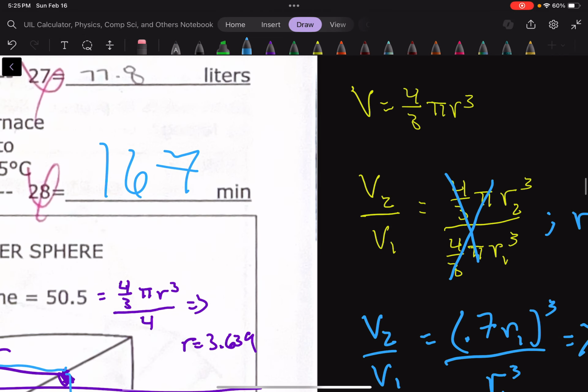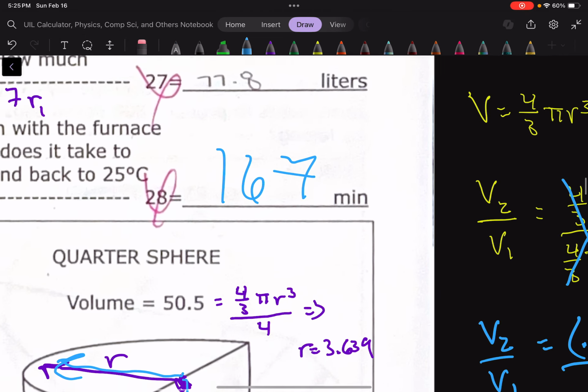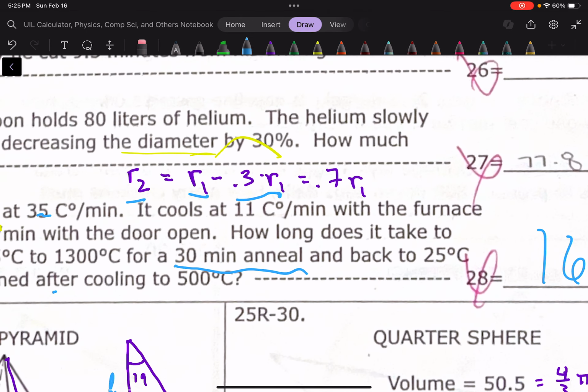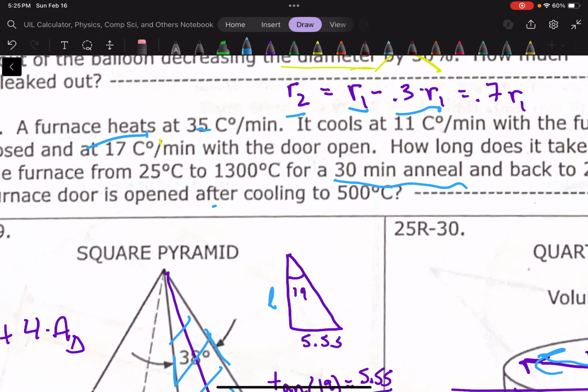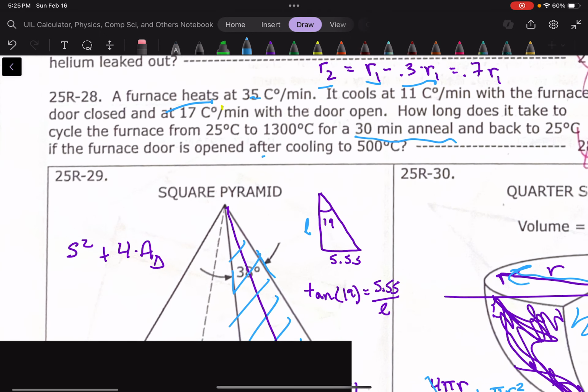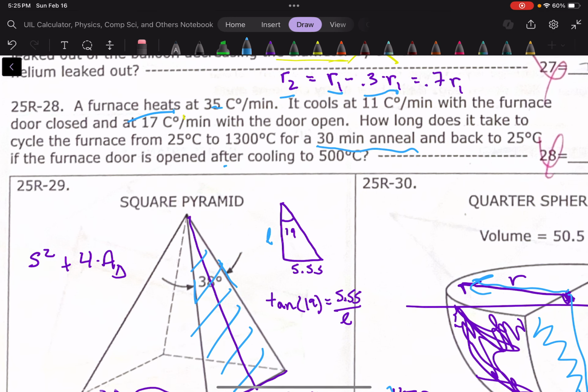So this question, even though it sounds pretty tough or intimidating, can be done really quickly. The idea is, okay, R2 is 0.7 R1, cube that, and so that's going to tell us the ratio of the volume, multiplied by the original volume, and then from there, take away the original volume, and that's how much leaked out. All right, 28 seems intimidating, especially because we haven't seen this term anneal,